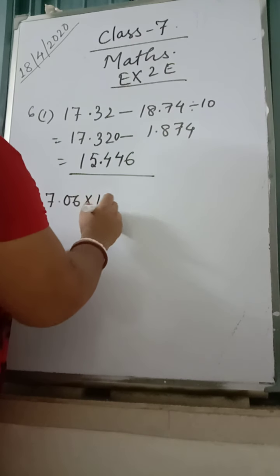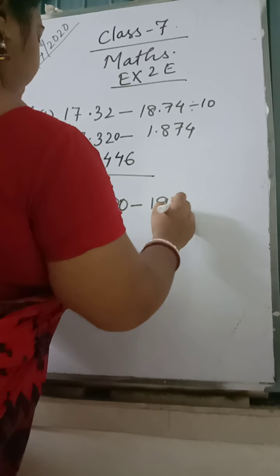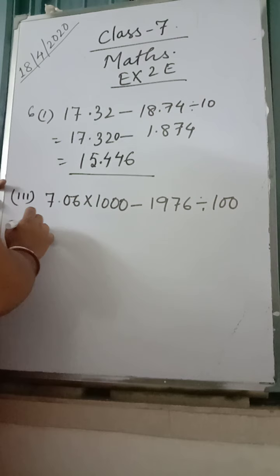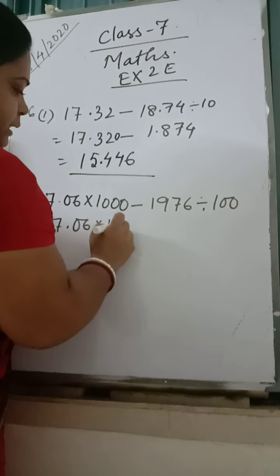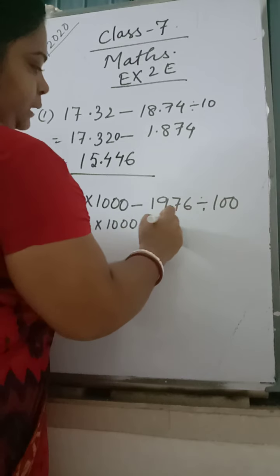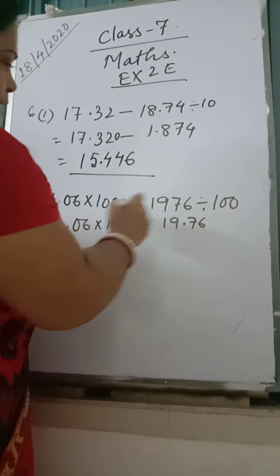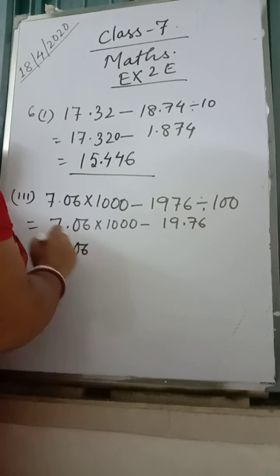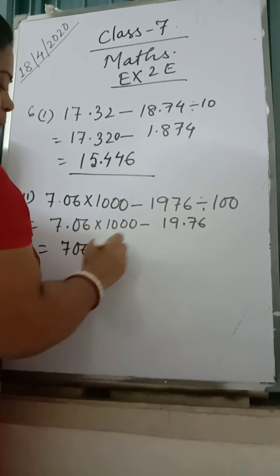7.06 into 1000 minus 1976 divided by 100. So according to the rule, division first, then this gives you 19.76. So the decimal will move two steps back. Now multiplication, so it will move, 7.06 will come to 706, three steps forward, 10 minus